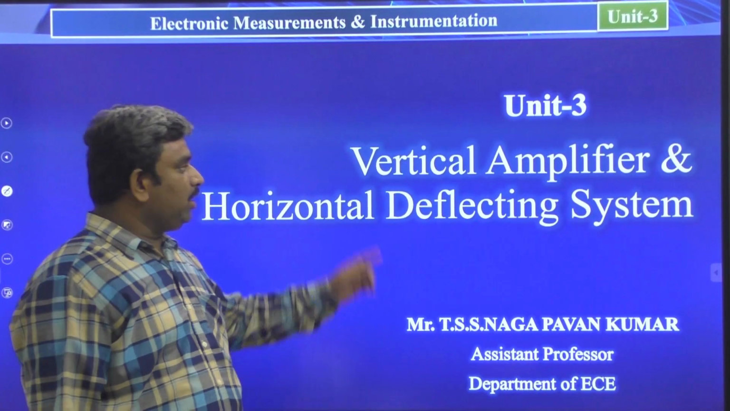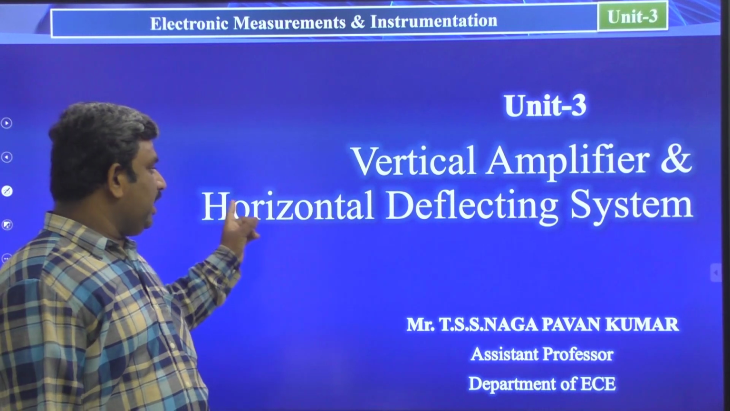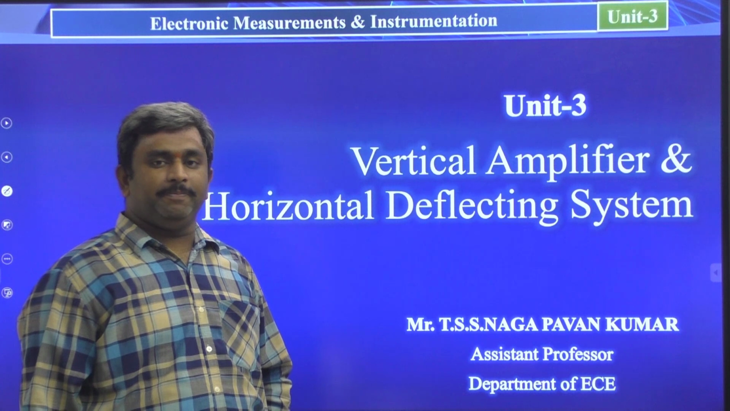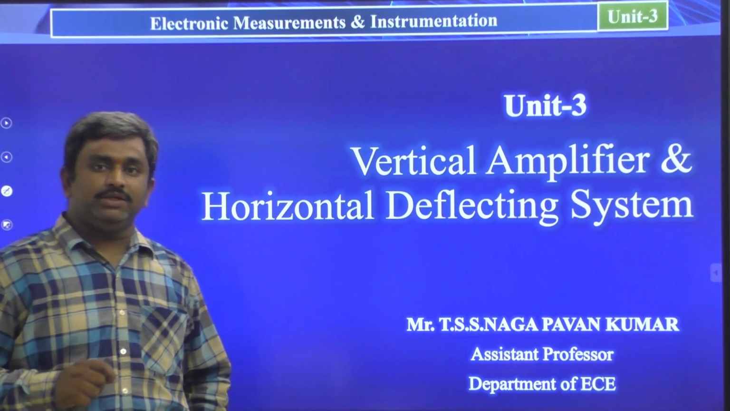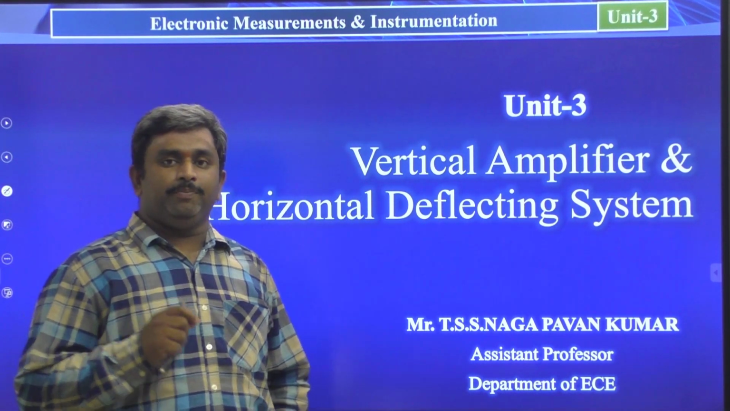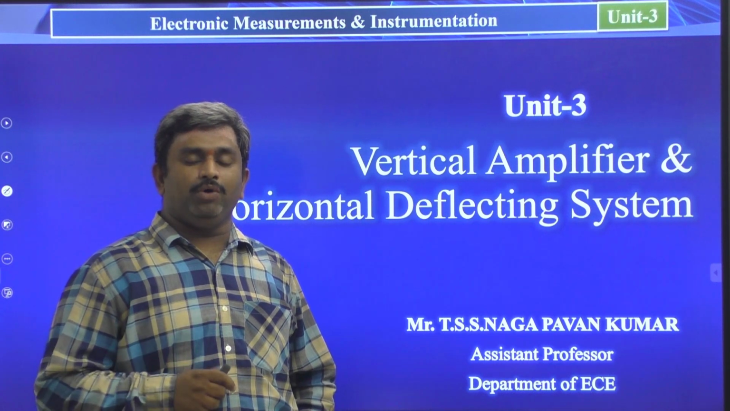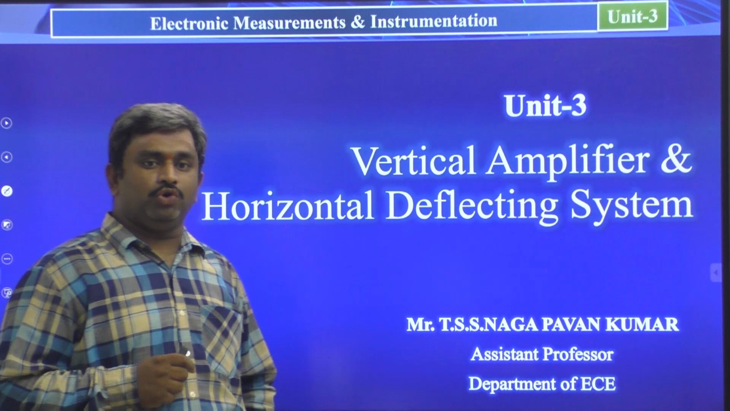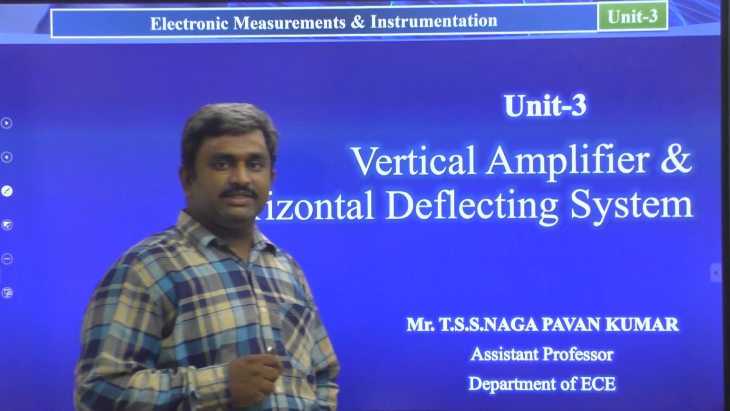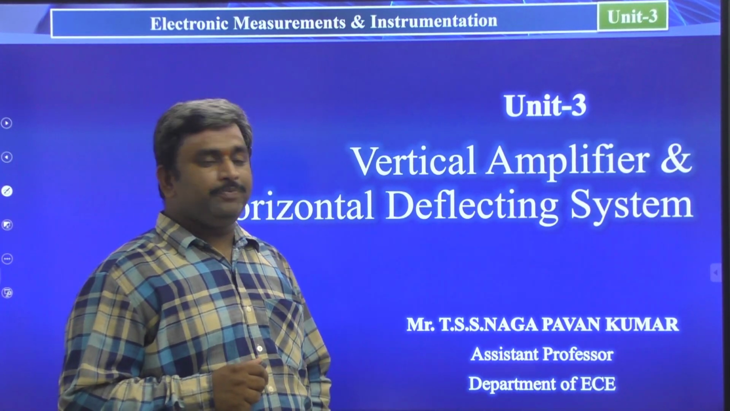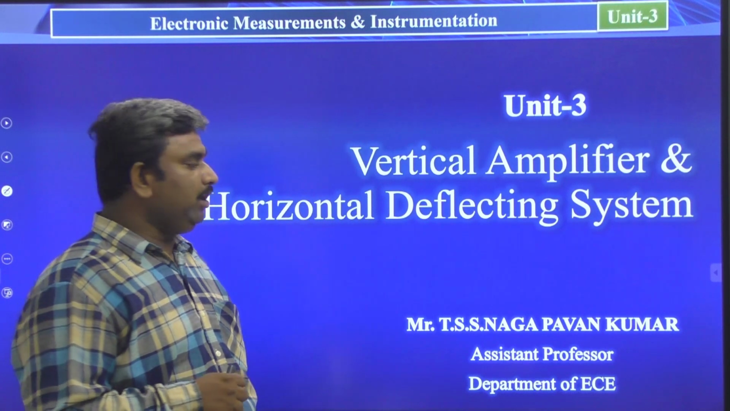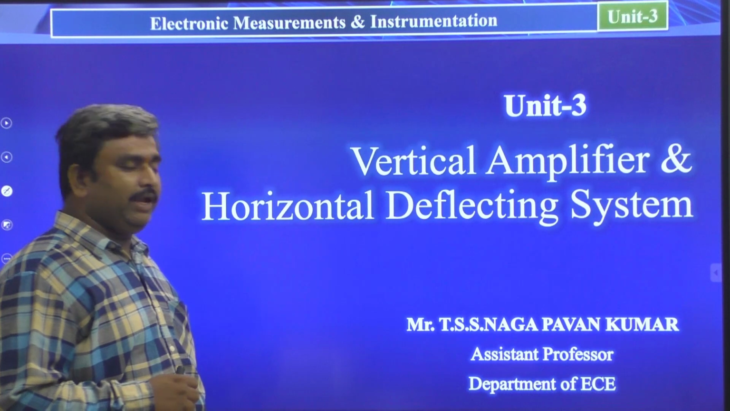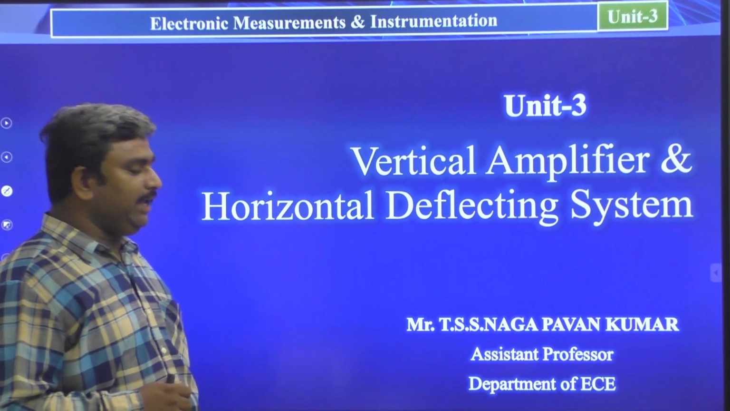Today we will discuss vertical amplifiers and horizontal deflection systems of CRO. In the previous class we have discussed the cathode ray tube, the importance of the cathode ray tube in the CRO, and we have seen the block diagram of oscilloscopes. In this class we will see the importance of the vertical amplifier and horizontal deflection system of the CRO. These are the two topics we will see in this